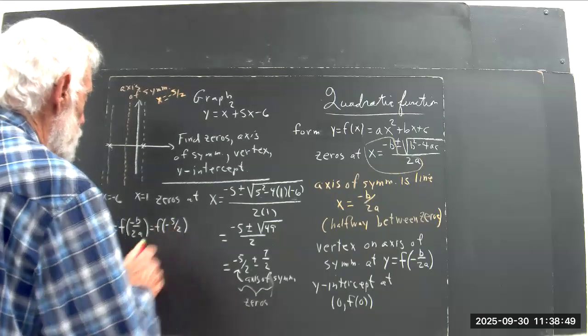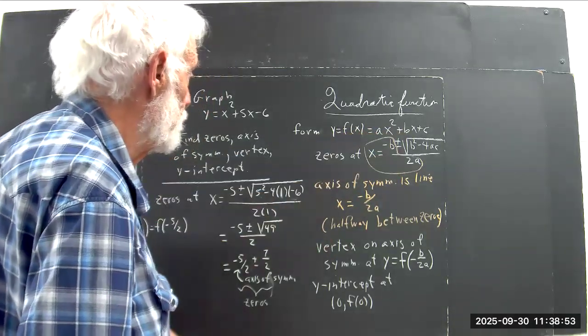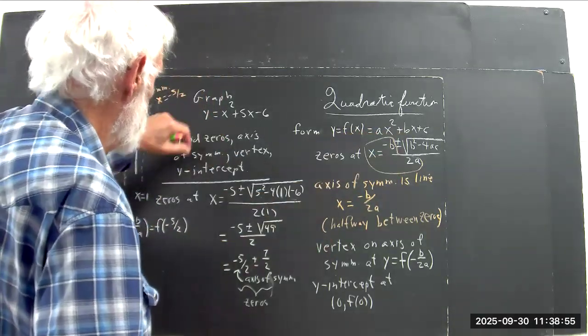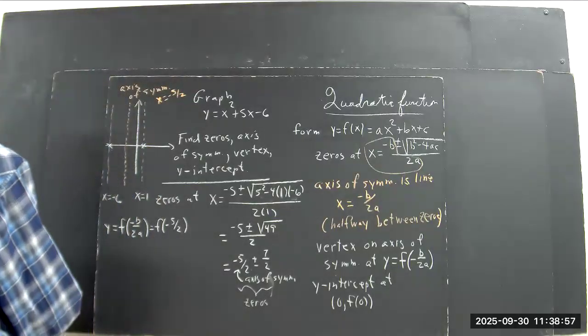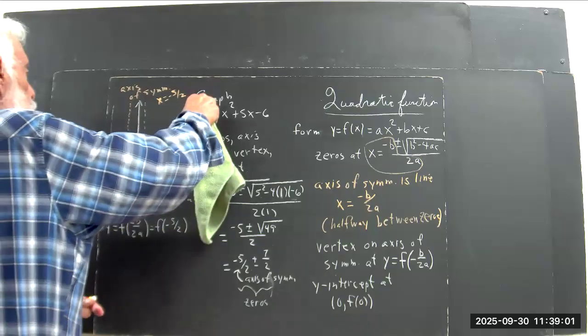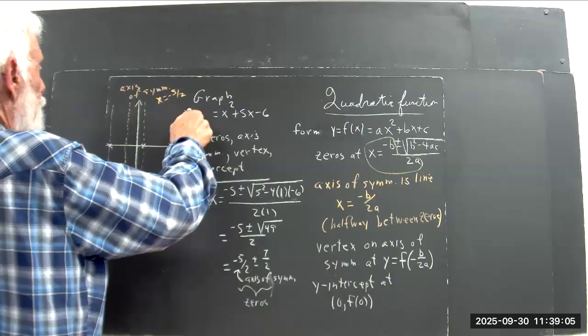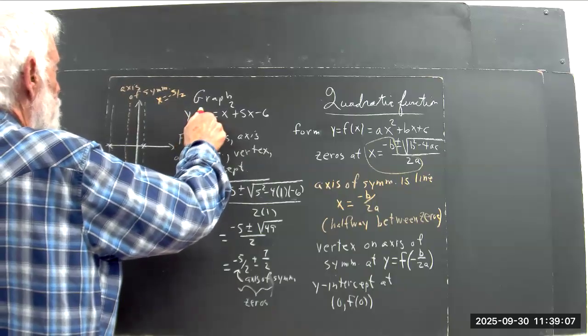It's f of negative 5 halves. Well, f of x is your quadratic function. In this case, this is your f of x. And if you want to talk about the function, if you want to talk about the characteristics of this thing, it helps to remind yourself